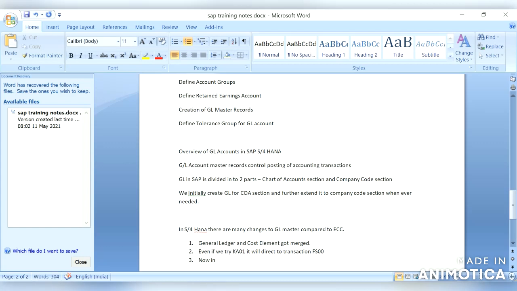Now in S/4HANA, secondary cost element is also considered as GL. So no more secondary element created in controlling. Even if we want to create a secondary element, we have to create it as a GL.